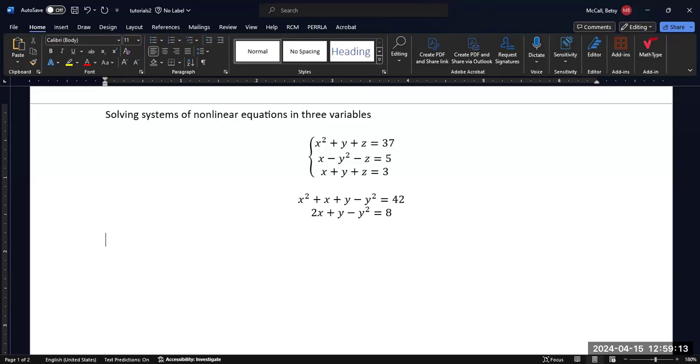The z's are gone. And one thing that I see in both of these equations is that both of these equations have y minus y squared in them. So what I'm going to do is I am going to put a minus sign through the second equation, flip all the signs,